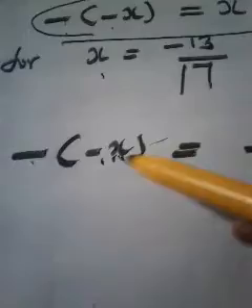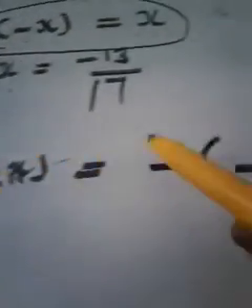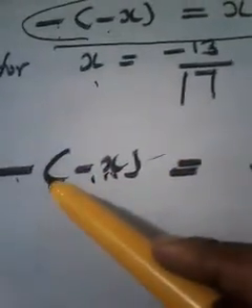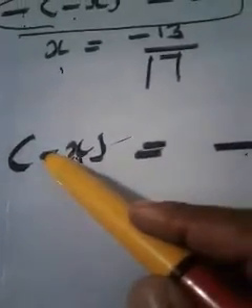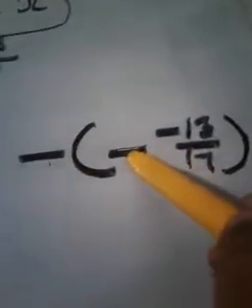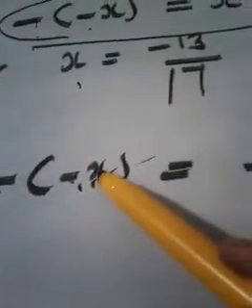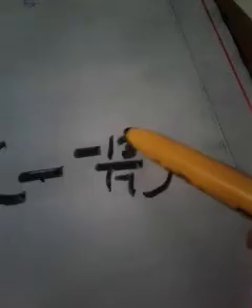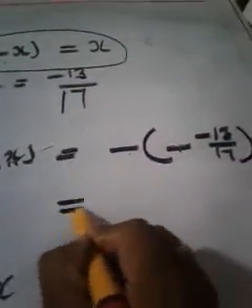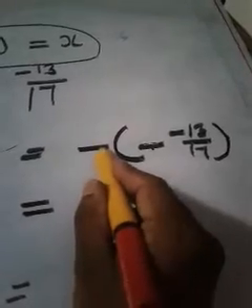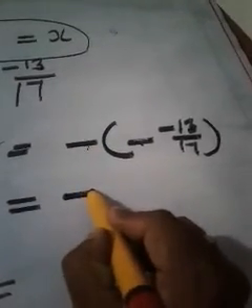and you can close the bracket. Once again I am going to calculate minus of minus x, so I have to write minus, then I have to give this bracket, then this minus, then I have to write x. What is x? x itself is minus 13 by 17. You may understand. Now just see what will be the answer. This minus as it is, you may understand.